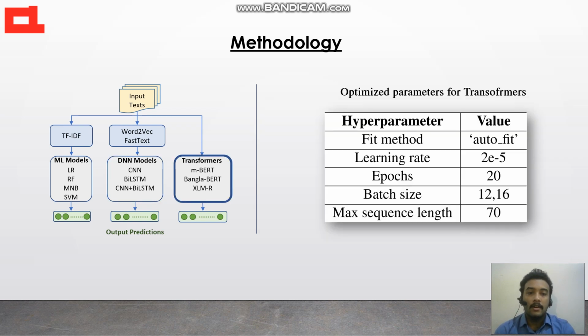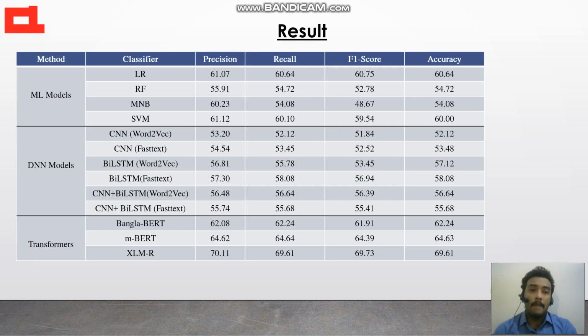For transformer variants, we have used 3 transformer variants: mBERT, BanglaBERT, and XLMR. The hyperparameters are listed here as well. All the hyperparameters mentioned in different models have been chosen empirically. Among ML approaches, logistic regression has achieved the highest F1 score, which is